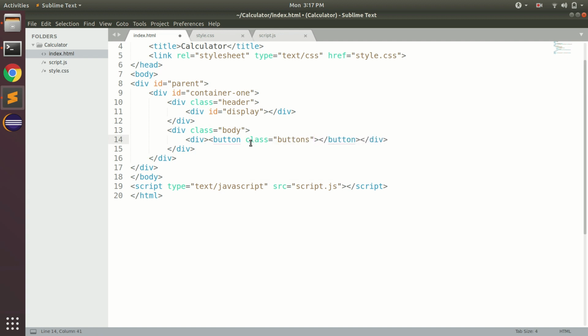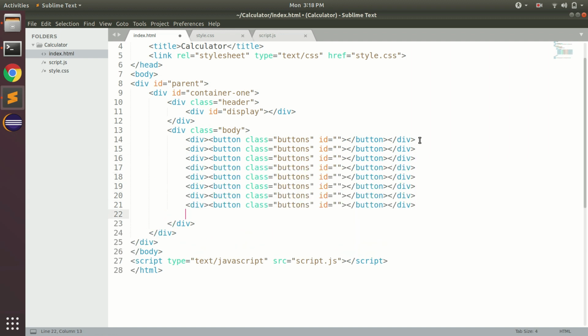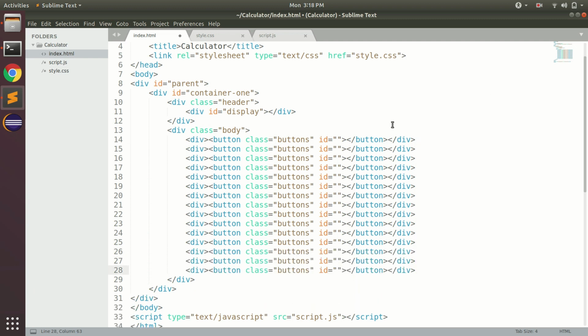Okay, and so let me just copy and paste it, and we have to give some individual ID as well, which I will give in just a moment. So 1, 2, 3, 4, 5, 6, 7, 8, 9, 10, 11, 12, 13, 14, 15. Alright, so let me now just write the buttons. 1, 2, 3, 4, 5, 6, 7, 8, 9,